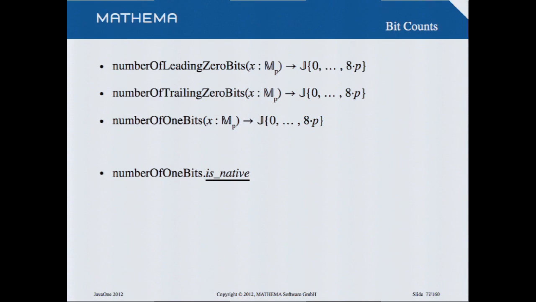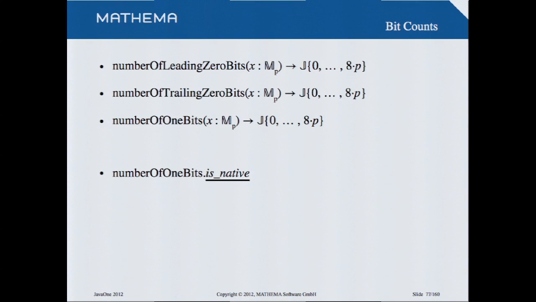Okay, then I have functions for the number of leading 0 bits, the number of trailing 0 bits, and so on. And here it's important that you know if it's available as a native function. For example, in Java, it doesn't look like it's native, because in the Integer class there's a function called bit count or number of trailing zeros, and they will be recognized by the virtual machine. So the just-in-time compiler knows that it looks like a static function, but it can translate it to a machine operation. And you don't need to care about this either.